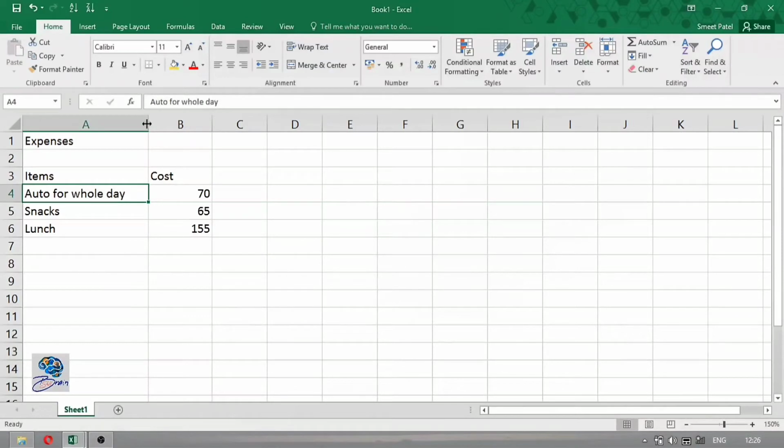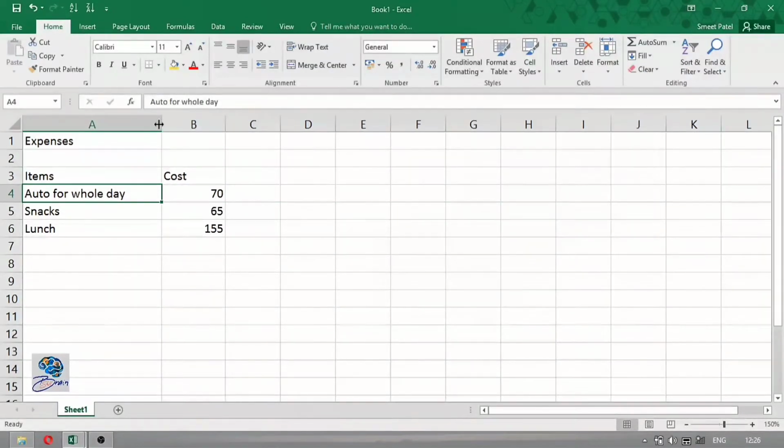If you want Excel to resize the column width automatically, while hovering the cursor over here, you have to double click.